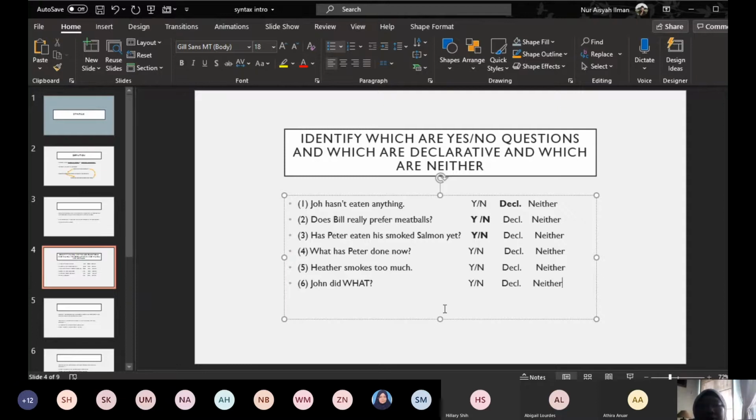What has Peter done now? Is it a yes/no question, declarative or neither? Neither. Why is it neither? Because you can't answer it with a yes or no. You have to supply the answer. It's a WH question. In order to answer this question,